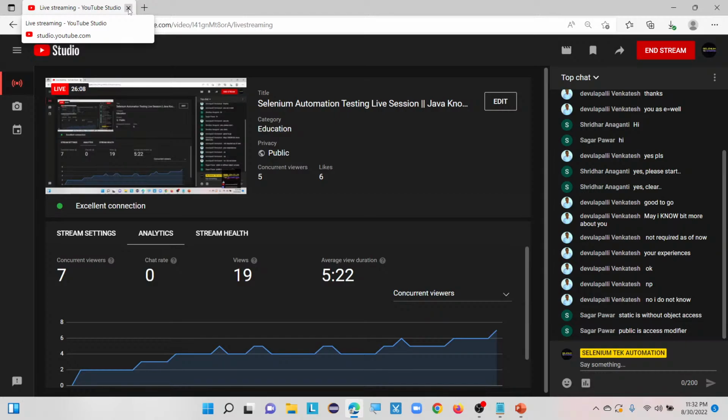But I mentioned in the session title how much Java knowledge is needed for an automation test engineer, right? In that regard, first we need to know what a class is, what the different kinds of data types are, and what the different types of variables are. So the first concept here is,